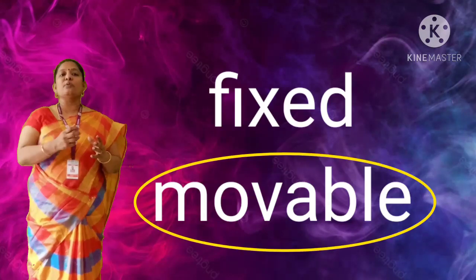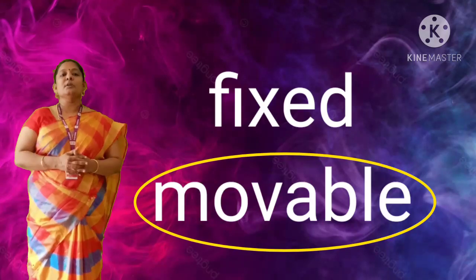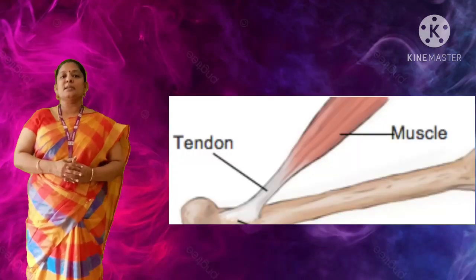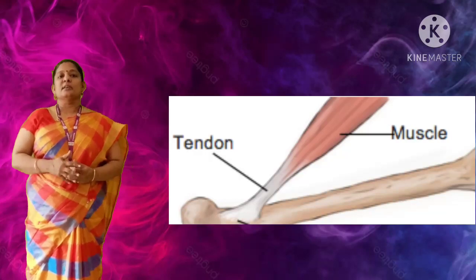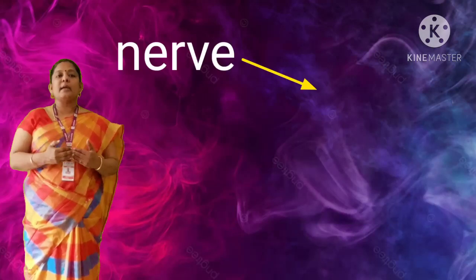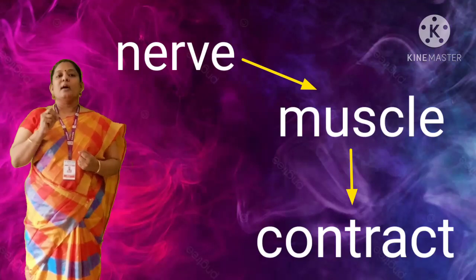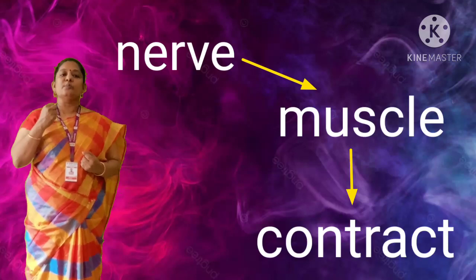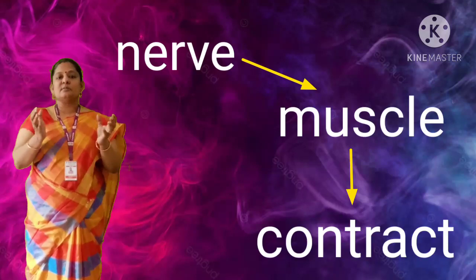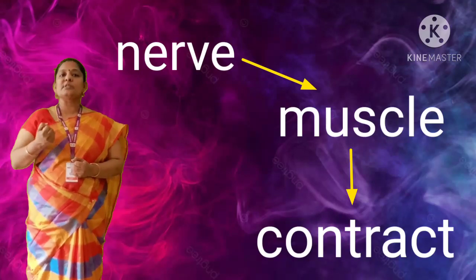The movable end only relaxes and contracts and relaxes, and gives the movement to the body. The movable end of the muscle is drawn out to form a tough structure called tendons, which is attached to the bone. When stimulated by the nerve, the muscle contracts to become shorter and thicker, and thus it pulls the bone at the movable end. So as it becomes shorter and thicker, it pulls the bone. The muscle pulls the bone.